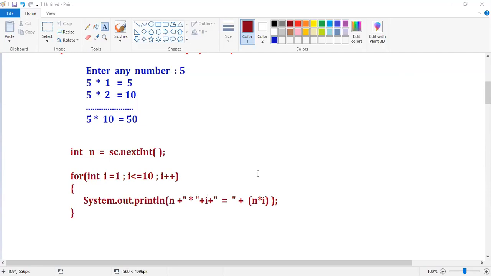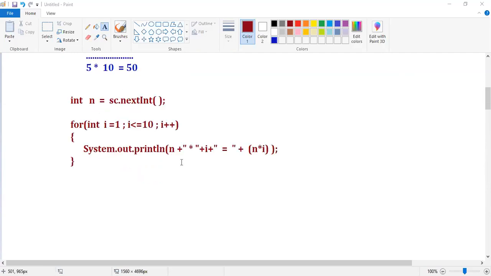Good, Minusha. Now, everyone, do this one, guys.